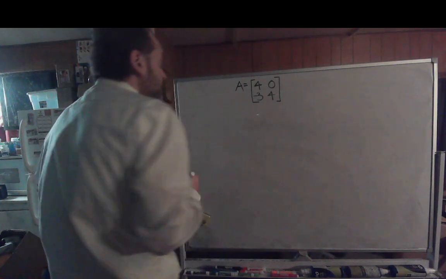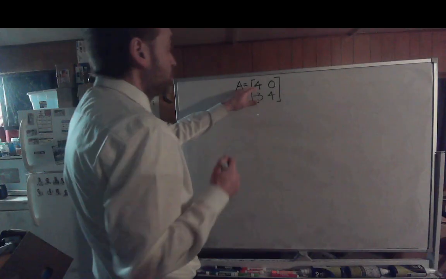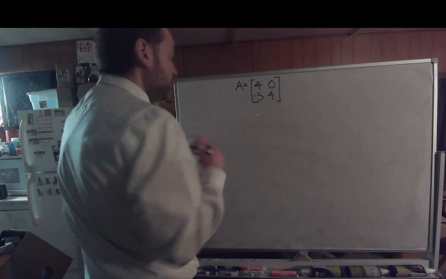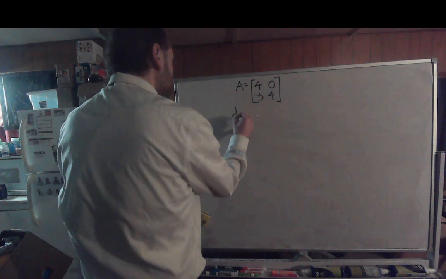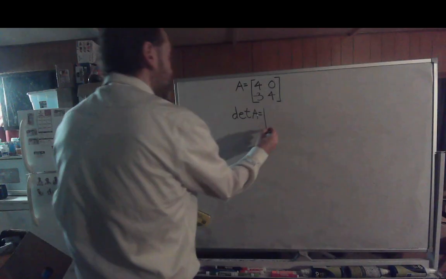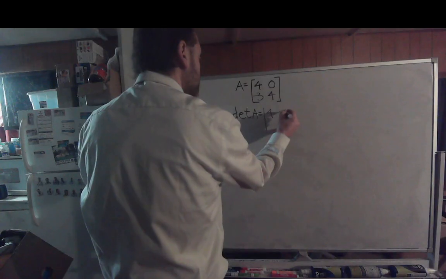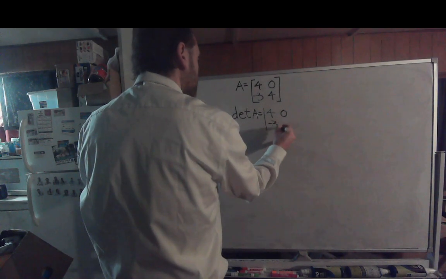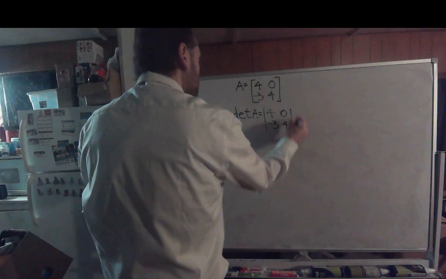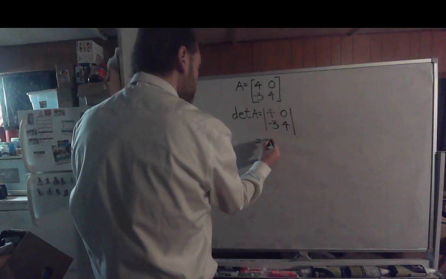All right, so let's do the determinant of this matrix with entries 4, 0, -3, and 4. So let's set this up here. You're going to take, of course, your 4 times, well, wait, let's transpose these into a big absolute value sign first. I'm jumping ahead. Okay, so take 4 times 4